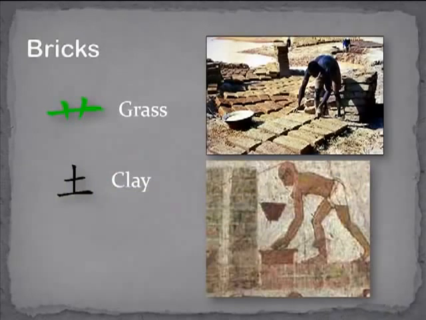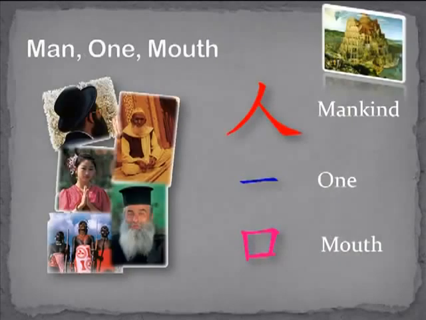So let's look at the key ancient Chinese radicals for each of these components. We have bricks, which were made using grass and clay. And man, one, and mouth are shown here. So mankind is in red, one is the straight line across, and mouth is what we've seen in the past. So mankind had one language,